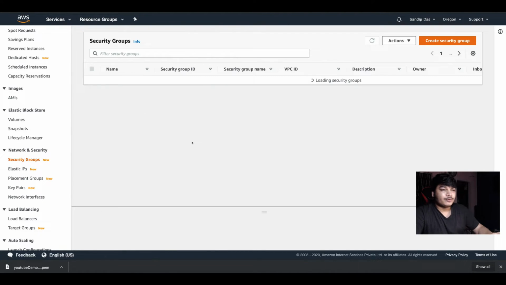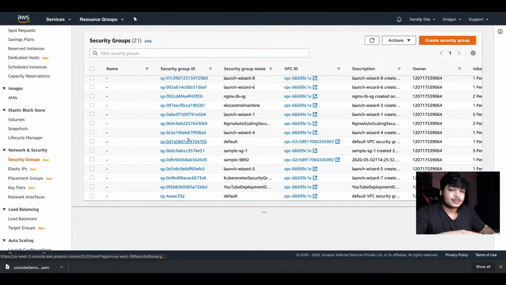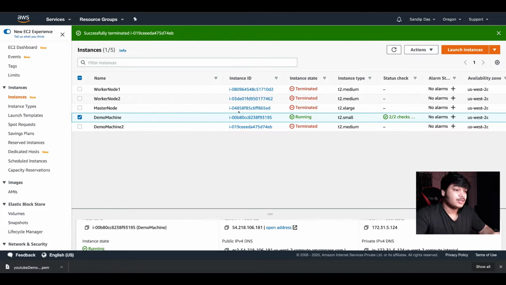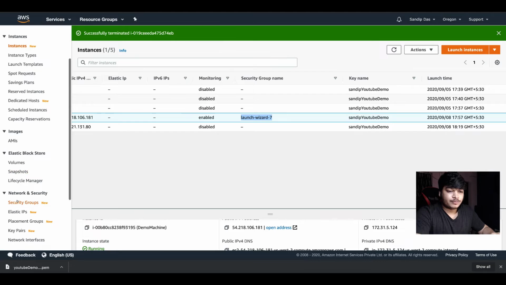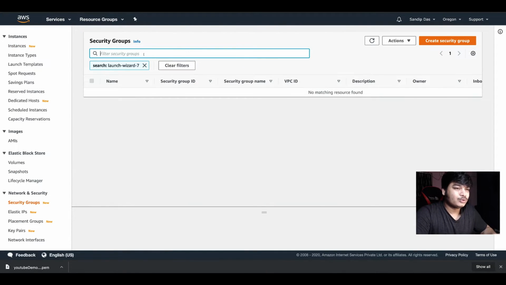Now let's come to the security group. Now, what is a security group? In a security group, you remember we enabled the port numbers, what should be accessible and what should not be accessible. Now, how do you know the security group of an instance? You can always go here, and the security group name was launch-wizard-7. So let's go to the security group. You should always use some good naming, but for demo purposes I didn't use that, but you should always use one. Okay.